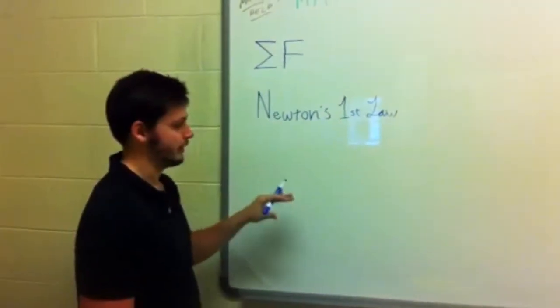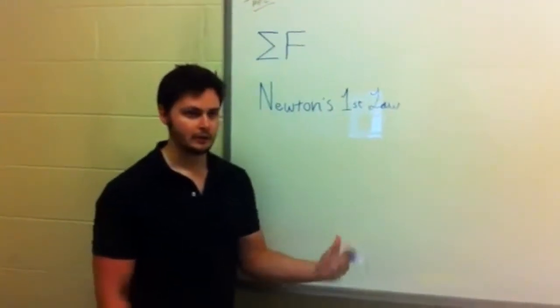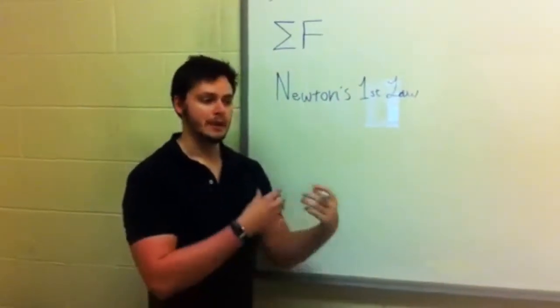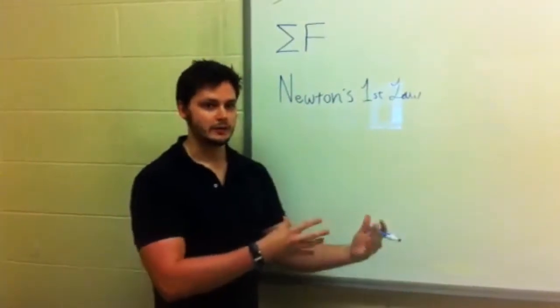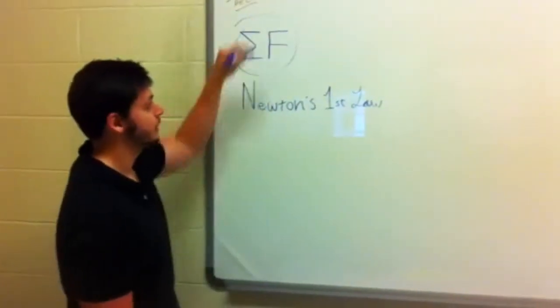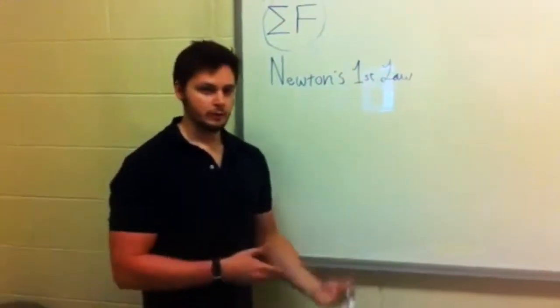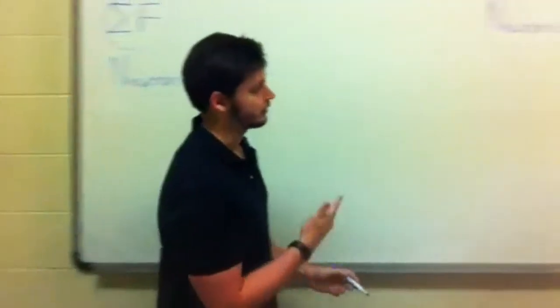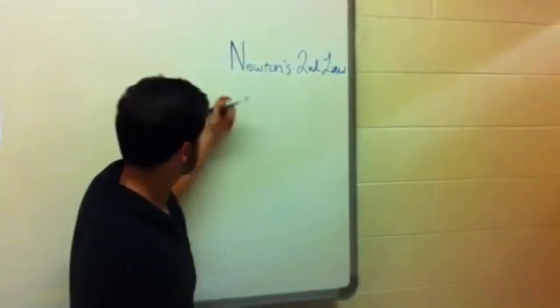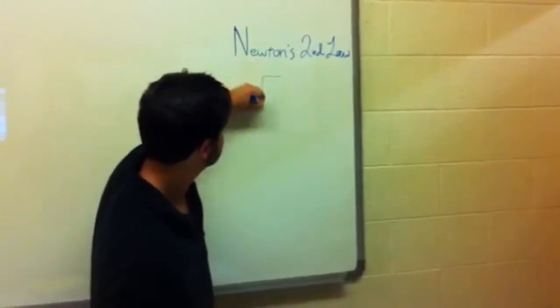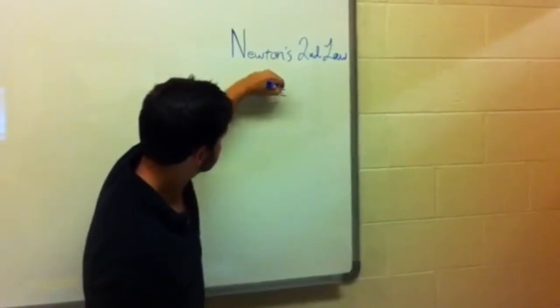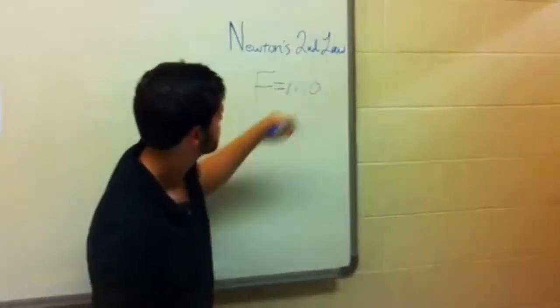Now Newton's first law states that an object that is at rest, or an object that is in motion, will maintain that motion and direction as long as the net force is equal to 0. But what if we have an unbalanced force? Well, that's when you actually start to talk about Newton's second law, which, expressed mathematically, is force equals ma,